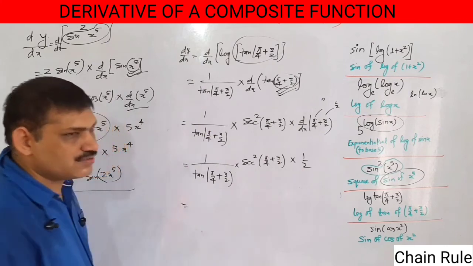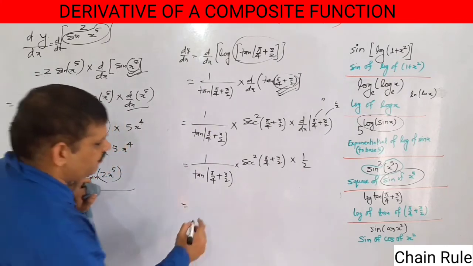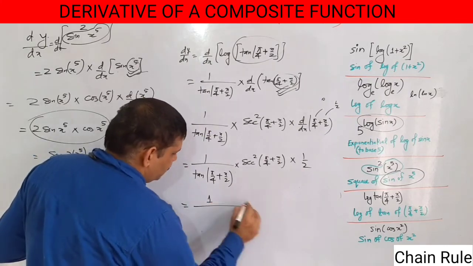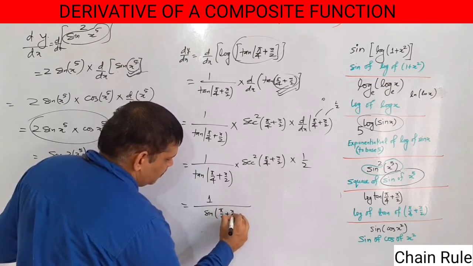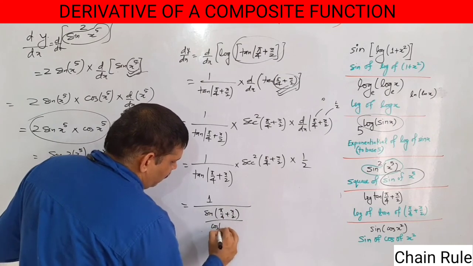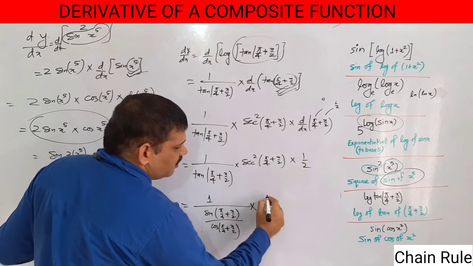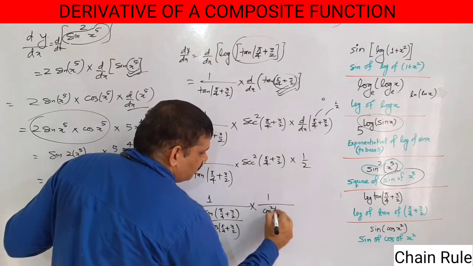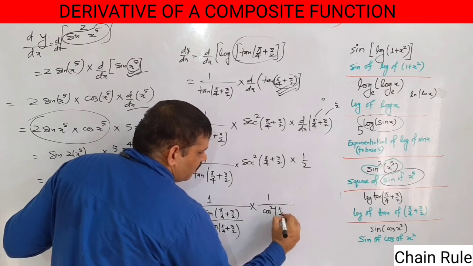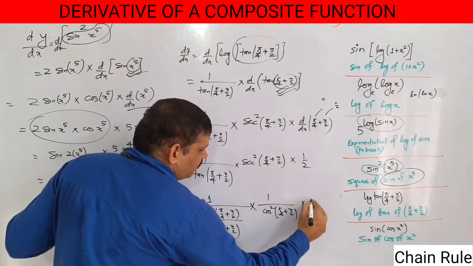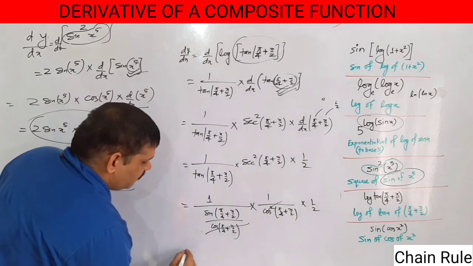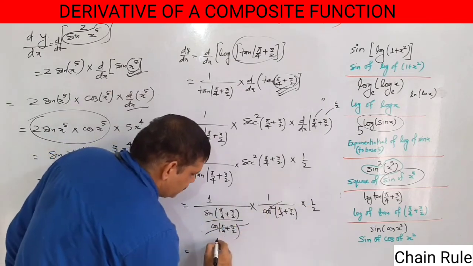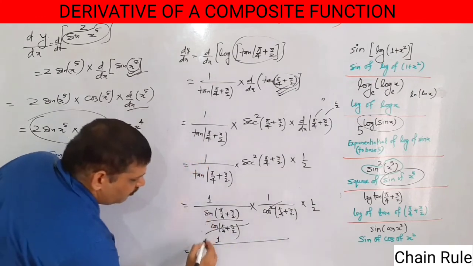Finally, changing all the terms in terms of sine and cos, what we get is 1 upon, this will be written as sine theta upon cos theta, that is sine of (pi by 4 plus x by 2) upon cos of (pi by 4 plus x by 2), multiplied by sec square, which is 1 upon cos square theta, that is 1 upon cos square of (pi by 4 plus x by 2), into 1 by 2. Now this power of 1 is cancelled. In the numerator we have only 1, 1 into 1 into 1 is 1, and in the denominator we have 2